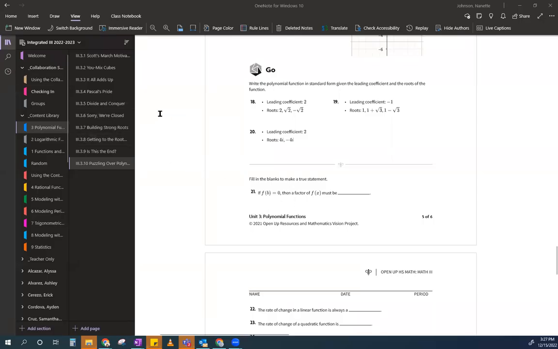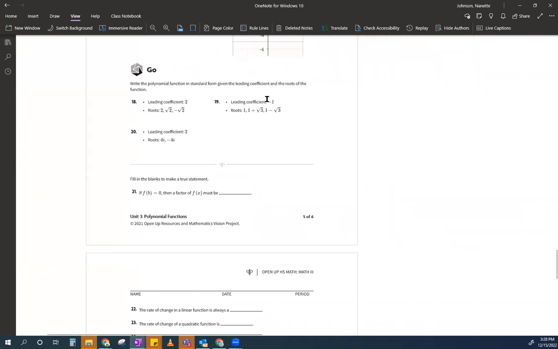Okay, so we're going to do 3.10, 18 through 20. And it just says write the polynomial function in standard form, given the leading coefficient and the roots. Okay, so this sounds like it's a really difficult problem, but I'm just going to be honest, it's not. It just looks like it is, right? And it sounds very prestigious. I don't know if that's a good word for it, but it sounds very like, what do you want us